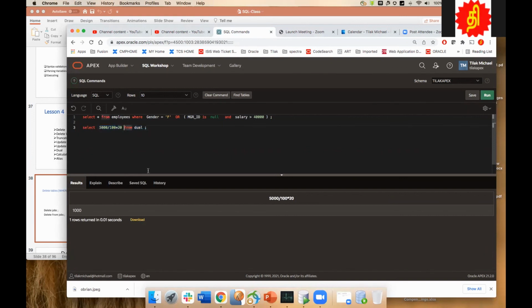Or if I want to see how concatenation works, concatenation is basically adding two character strings, say Michael. You can do anything with dual, like a table, and it works.